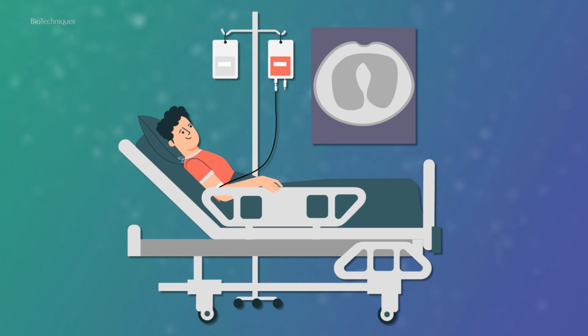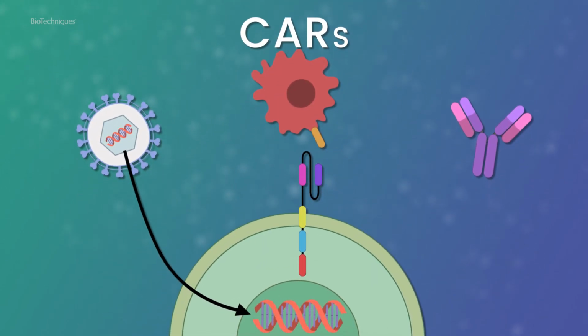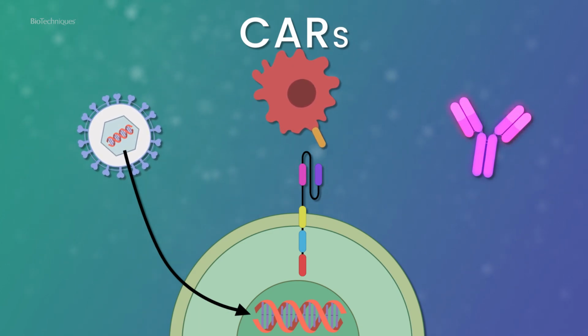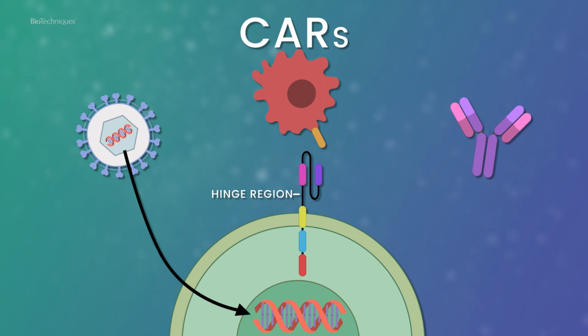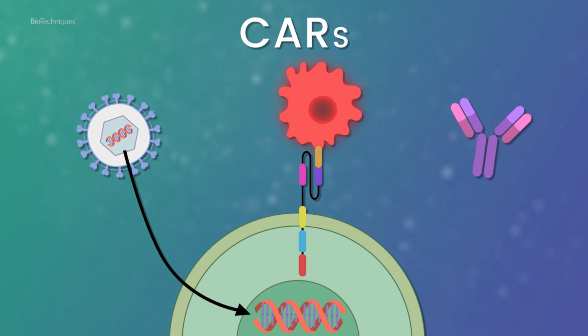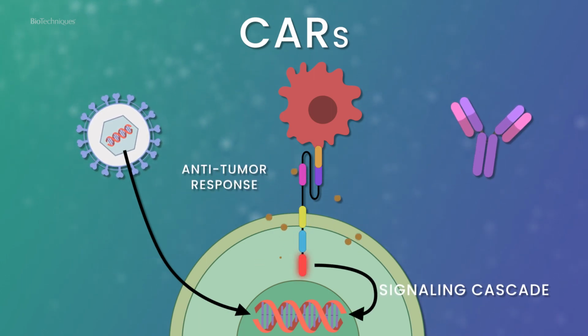attack cancer cells. CARs are modular synthetic molecules comprising 4 components: an extracellular antigen binding domain that is most commonly a single-chain variable fragment derived from a specific monoclonal antibody, a hinge region, a transmembrane portion, and an intracellular signaling domain that triggers cell activation. CARs redirect T cell cytotoxicity toward tumour cells expressing a specific antigen. When the extracellular domain binds to the target antigen on tumour cells, the intracellular domain mediates T cell activation and